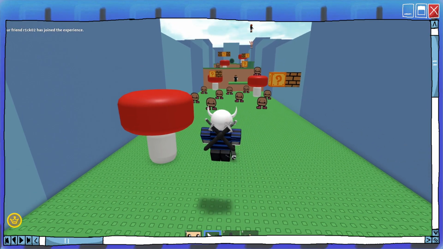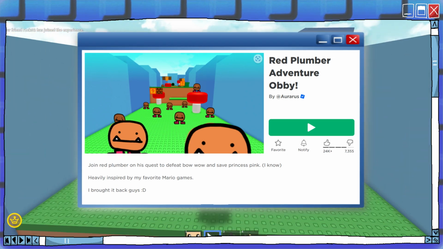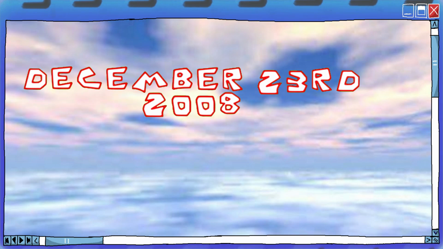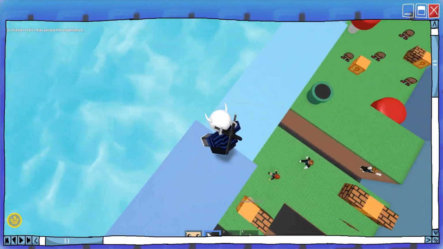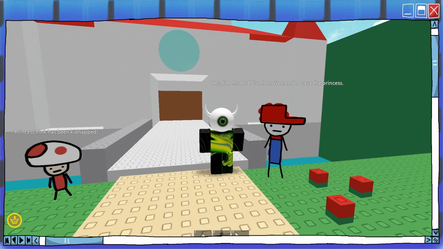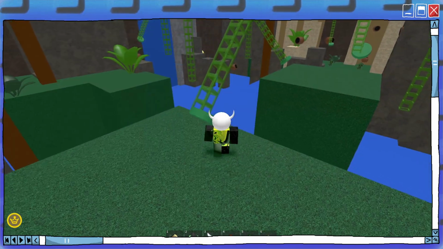The Mario Adventure: Red Plumber Obby is a pretty cool and fun game that was made by Auroras. Being made in December of 2008, during its popularity, it was able to get 20.9 million visits, and still gets a few active players from time to time. The main goal of the game is to join the Red Plumber's quest in rescuing Princess Pink from the evil and nefarious Bow Wow, making your treacherous journey from the mountains to the jungle to even